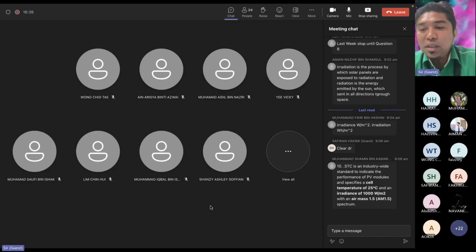Okay, so 25 degrees C. Most students may have the wrong definition about the temperature, because as our friend Syamin mentioned, it should be stated as cell temperature. Some students may assume that temperature refers to the ambient temperature, which is wrong. To be specific, the STC is referred to the cell temperature, which we need to check on the cell itself, whether it reaches 25 degrees C, with the irradiance 1000 watt per meter square